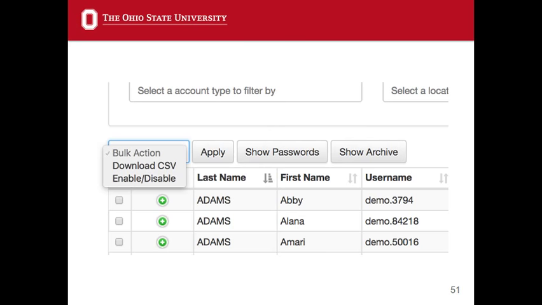Then there's the last button there, which is Show Archive. That's the second state that we have for students. There's Enable, Disable, and then there's Archive. Because we have a lot of accounts in the system,